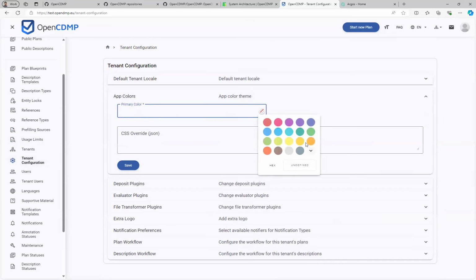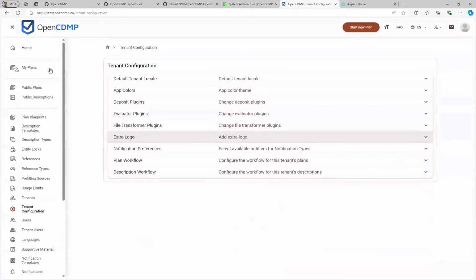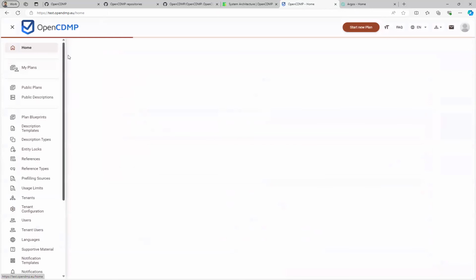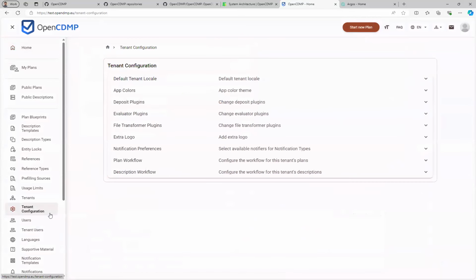You can create a primary color, the color of your organization, let's say, and then we have a mechanism where a theme is created based on the color of your organization, and you can see all these buttons, etc., changed, and the background too. And all this can also be overridden and changed to meet the exact needs of your organization.